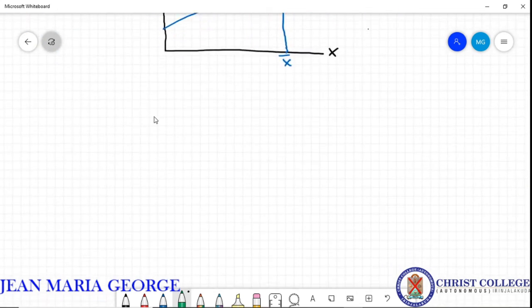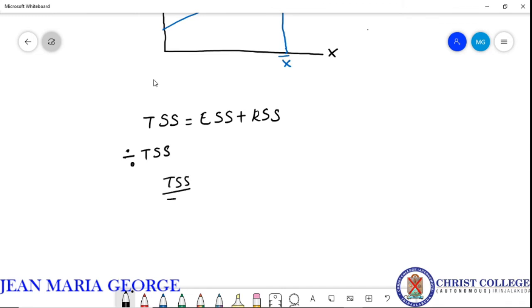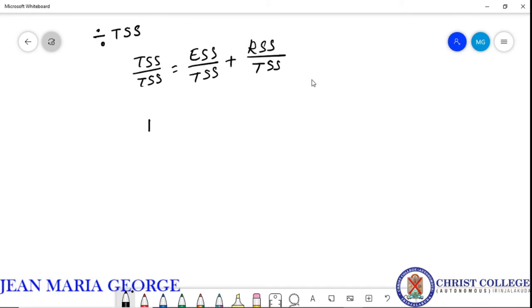Now again let us continue with the equation, that is TSS equal to ESS plus RSS. Okay, now dividing throughout with TSS, dividing the whole equation with TSS, it will become TSS by TSS equal to ESS by TSS plus RSS by TSS. So we have divided the whole equation with TSS. This will become 1 equal to